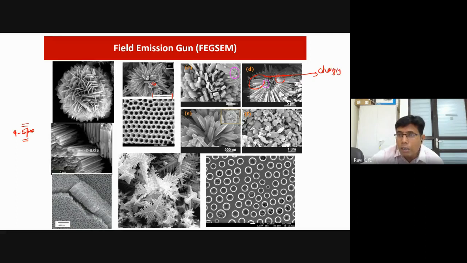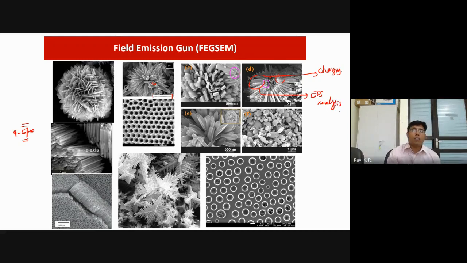Okay, we'll discuss charging a little bit in the theory class, and maybe in a lab class I can show you how, if I have a different coating thickness, this charging can have an impact, how to avoid this charging, and what kind of coating we have to do. Depending on the coating thickness, you can get a different resolution in the microscope, but again that can have an impact on your EDS analysis also. So that also we will discuss.